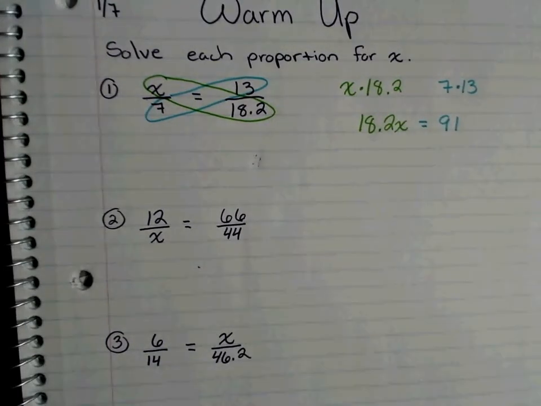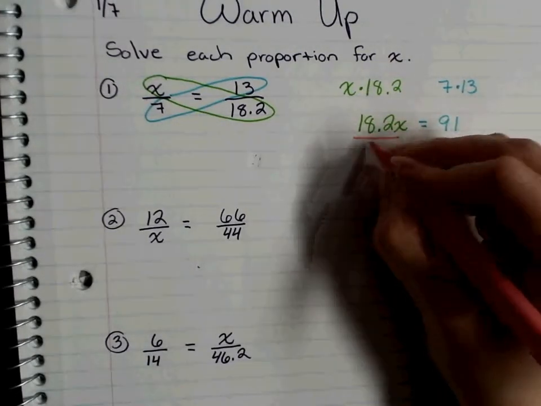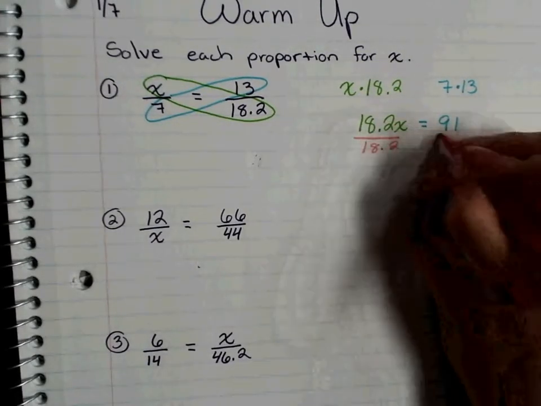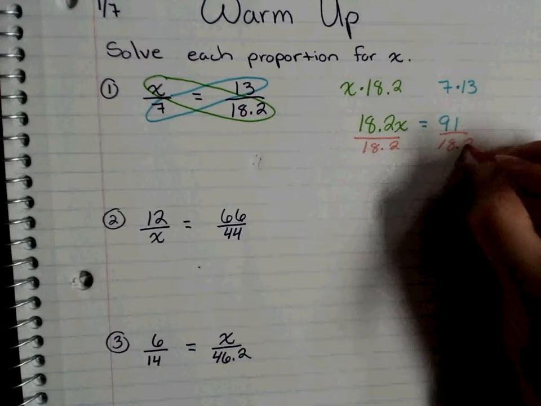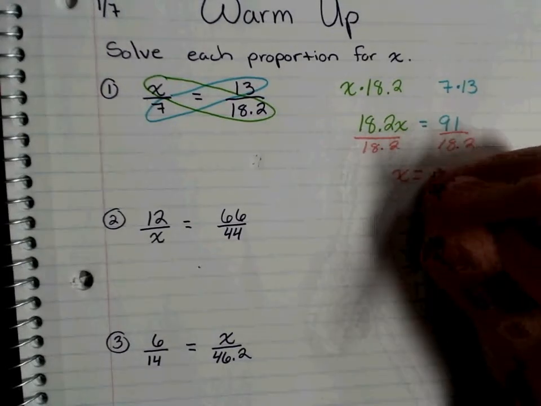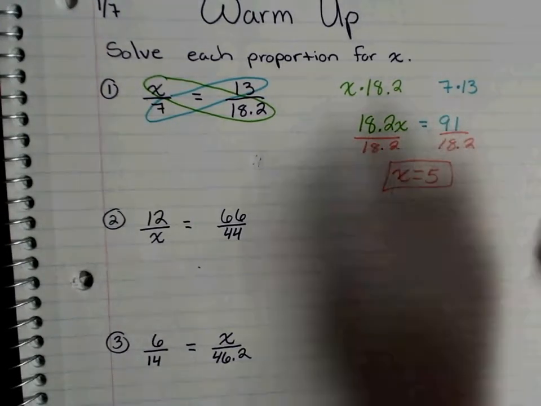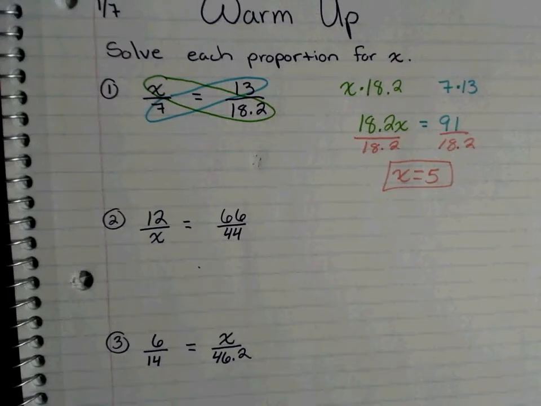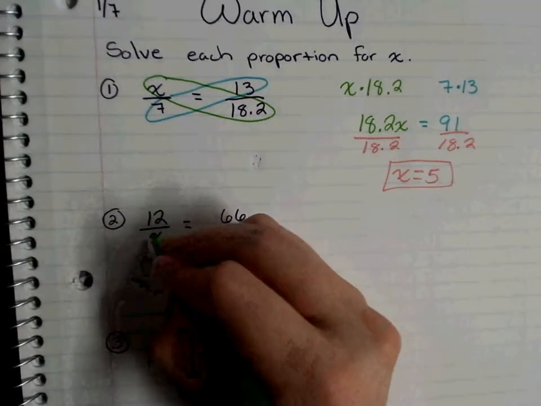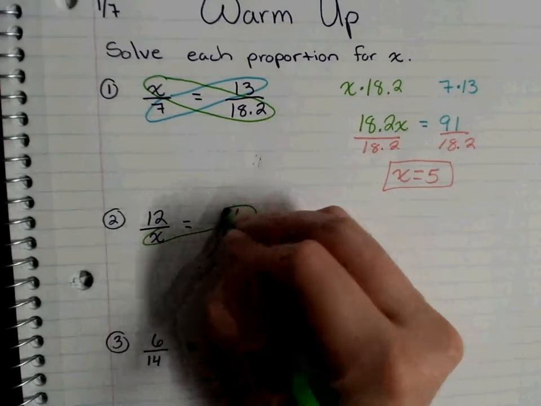The last step is to divide both sides by 18.2, and you'll get that x is going to be equal to 5. So that's the answer to problem number 1. What about for problem number 2? What did you get, Angel? 8. Very good. So again, if you multiply and do our cross product, we're going to have 66x